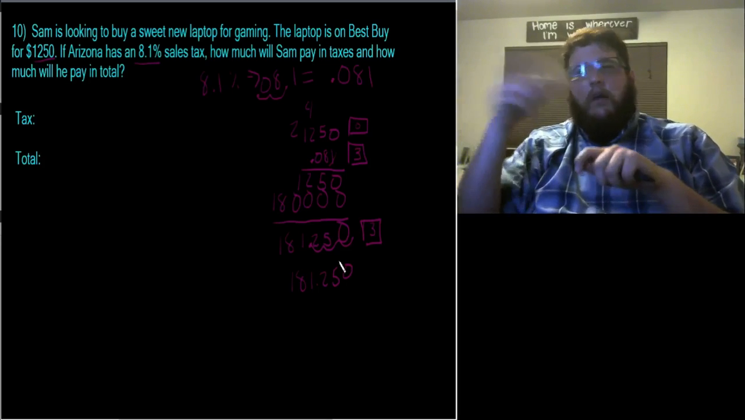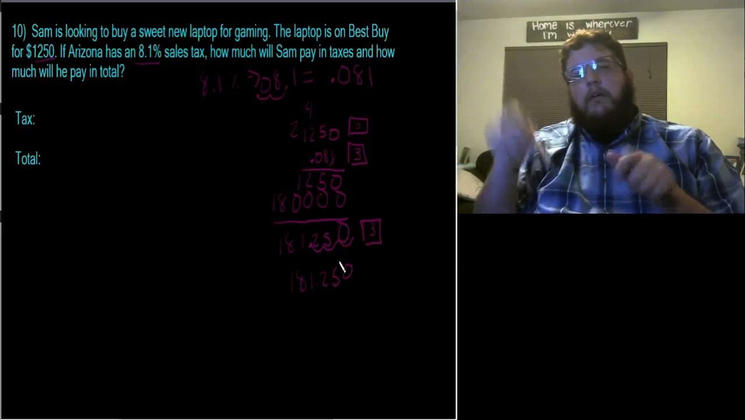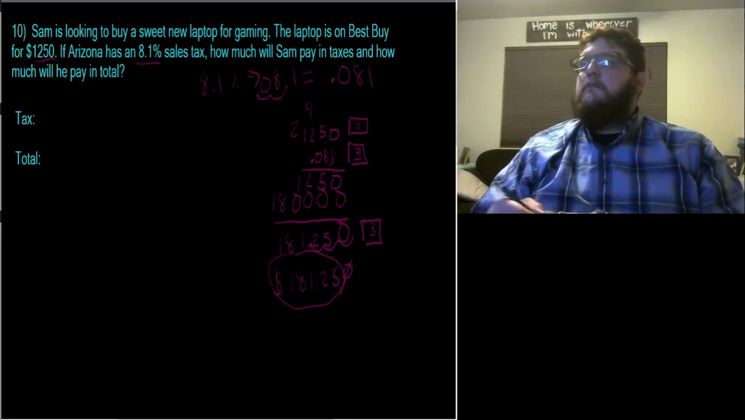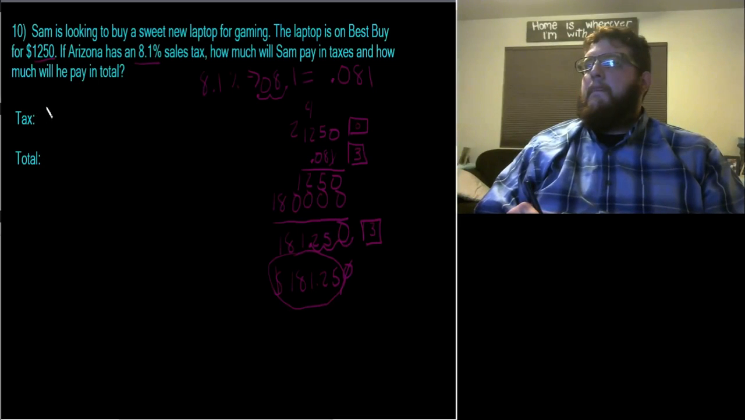So this answer has got 3 decimal places. But remember that we're talking about money, so we always need to round to the hundredths place in terms of money because we take our money out to the penny place, or the hundredths place. So my tax is